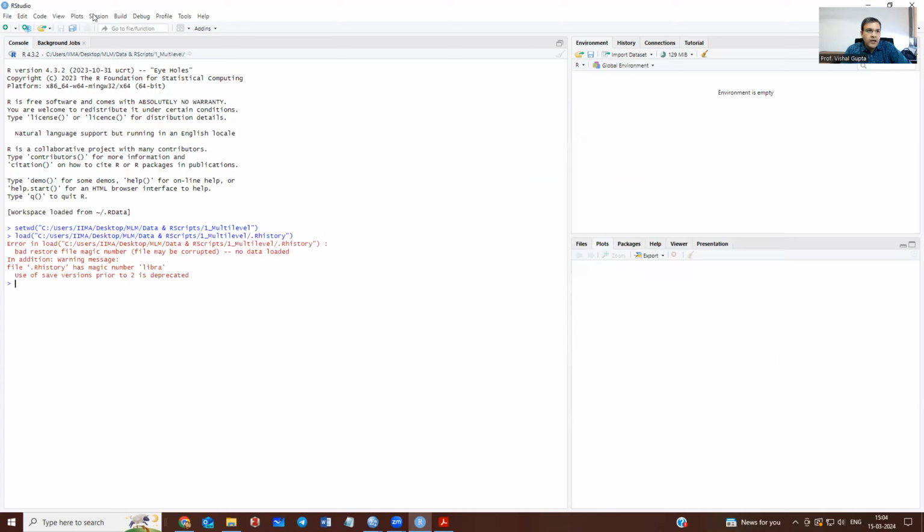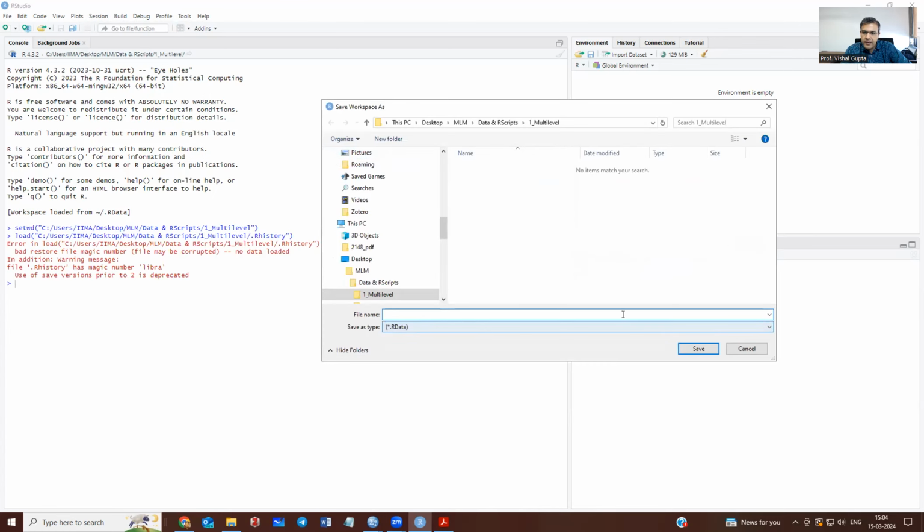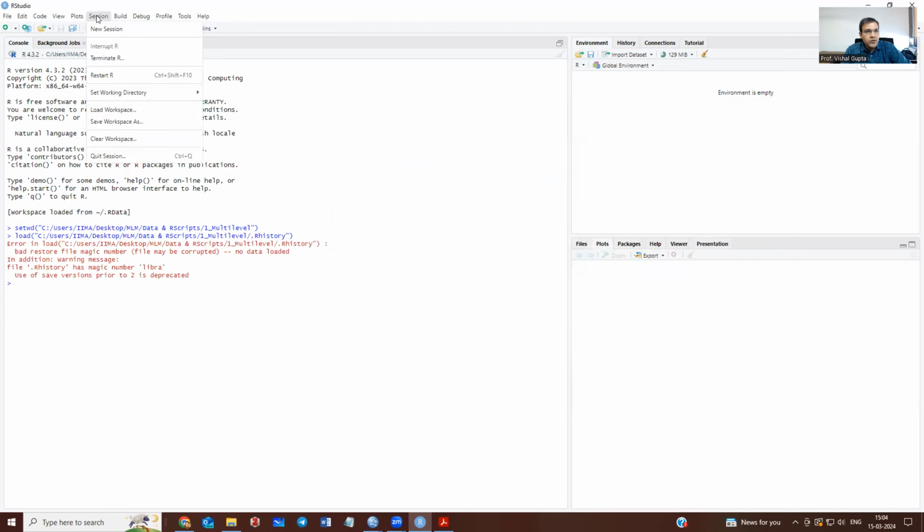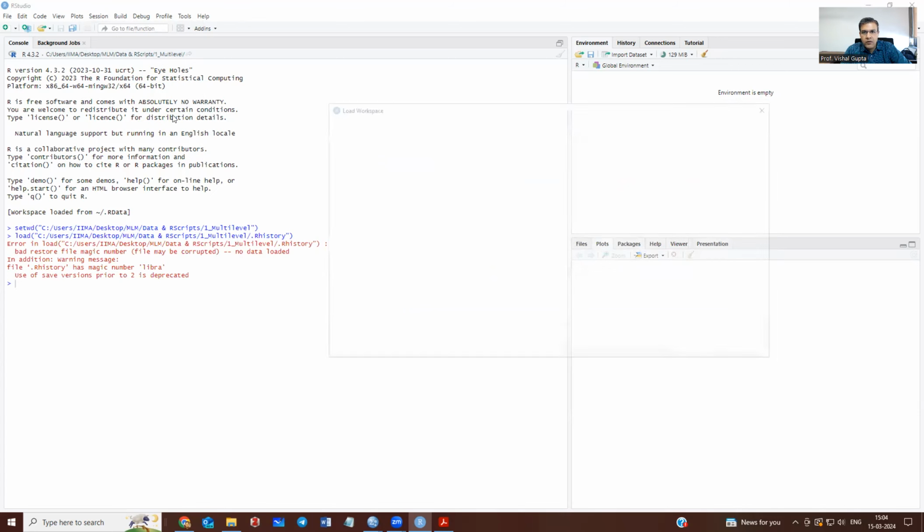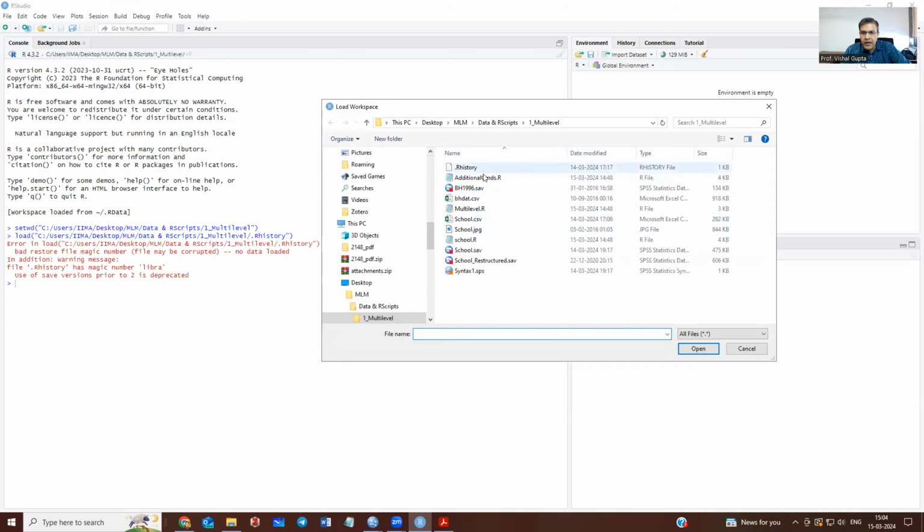Yeah, so there is this. When we close, we should always save workspace. Okay, so you should save it in the multi-level folder. And when you go to session, you should say load workspace. So you will have that file there, but I think I missed saving it